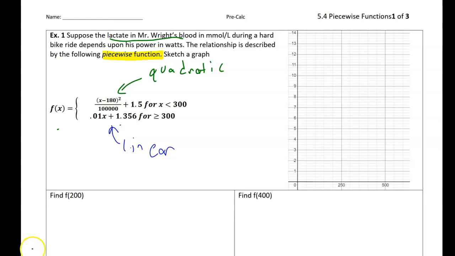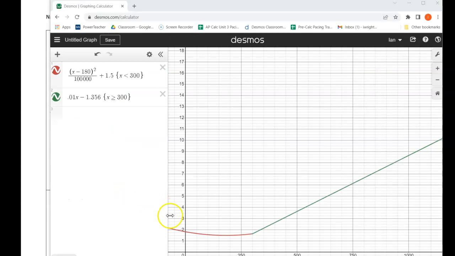So let's look at the graph of this thing. We're going to use Desmos to do that. And we'll see why these types of functions are useful to us. So here's my graph of f. And here's, by the way, how you type these in on Desmos if you need to, with little curly brackets. And notice we have this red piece that is my quadratic piece, and then my green piece that is my linear piece. So when the graph goes from red to green,